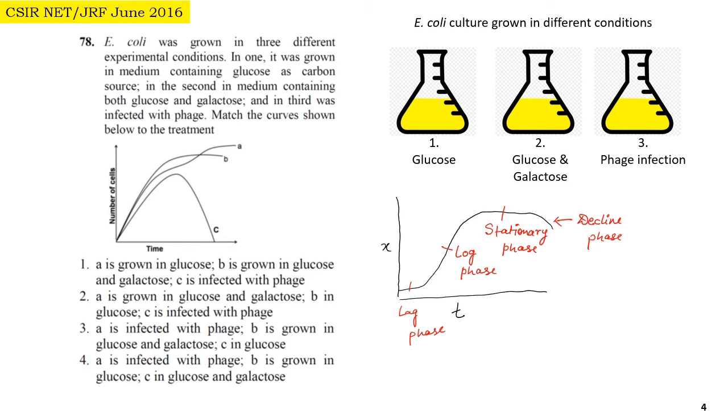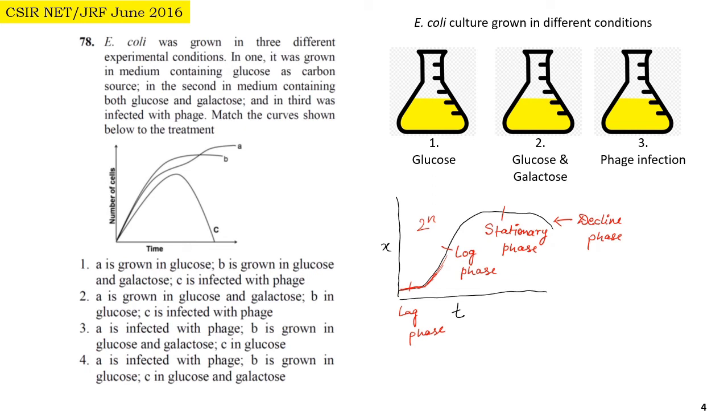So basically when we add bacterial inoculum or bacteria in a culture media, first of all it starts acclimatizing to the new surrounding condition, and so initially the growth is not there, or if there, it is very slow. The bacterial cells divide at a very slow rate, so there is no visible increase in bacterial cell number, and so this first lag phase is shown to be flat. Now in the second case, the bacterial cell enters the log phase where cells start dividing very rapidly in an exponential manner, that is 2 to the power n, and so the bacterial cell number increases very fast with respect to time, and this is called log phase.